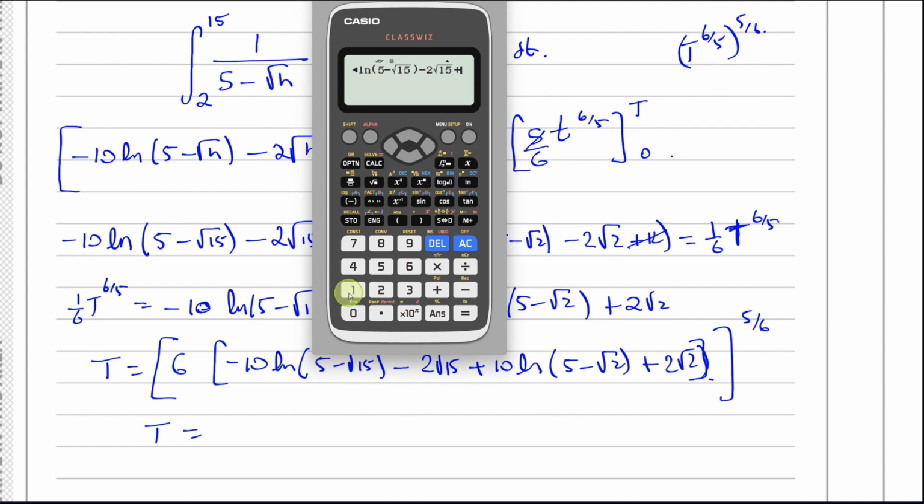Plus 10 times the ln of 5 minus the square root of 2. Close that bracket, plus 2 root 2. Close the bracket, close the bracket. And raise to the power of 5 over 6. Now let's hope it doesn't say math error. No, it doesn't. Good. So t equals